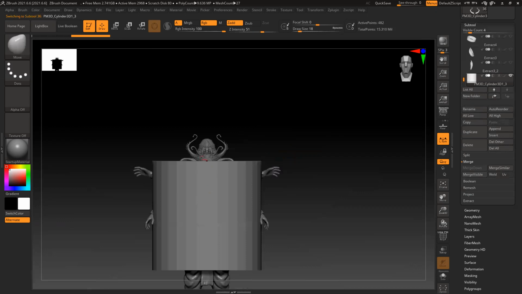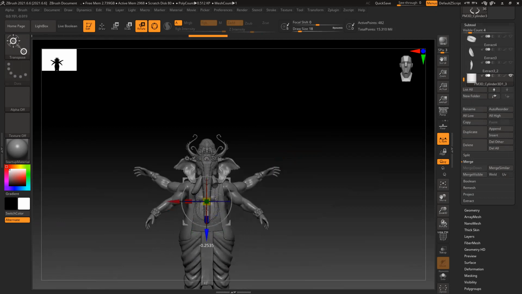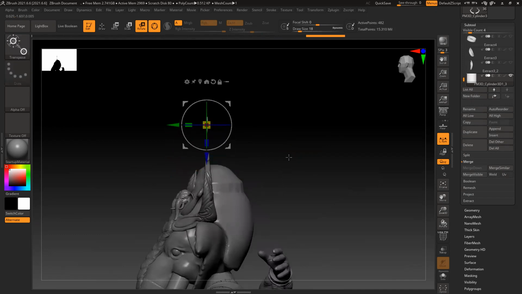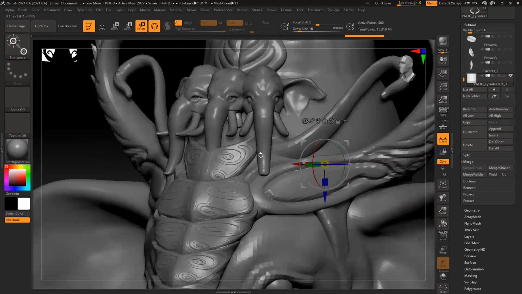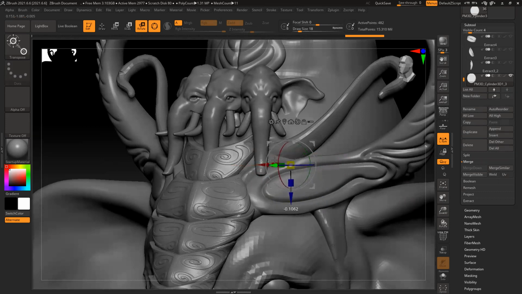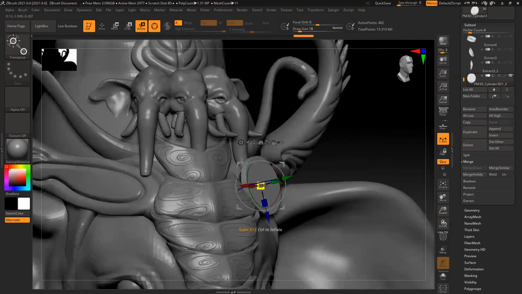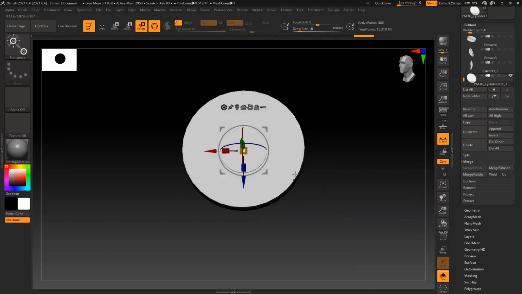Cylinder. This is a cylindrical design. I select this, and now I want some design on this, so I use a different technique.